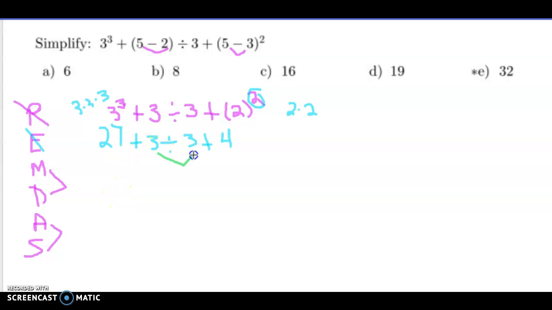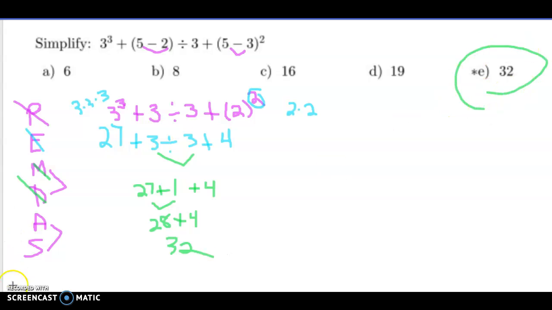Well, the only thing I see here is division, and 3 divided by 3 is 1. So everything else I bring down. I have 27 plus 1, and then a plus 4. Now I'm going to work with addition, subtraction, left to right. So I have addition here, 27 plus 1 is 28. Bring down the plus 4, and 28 plus 4 is 32. Bam, that's what it is. Remember to follow those